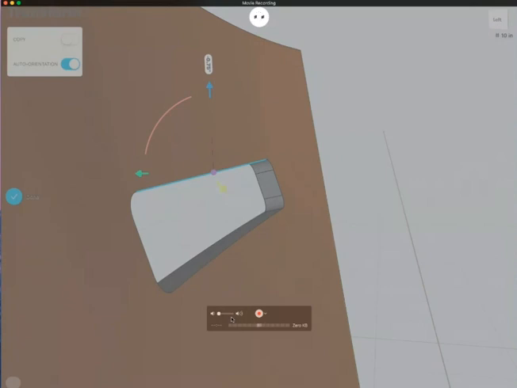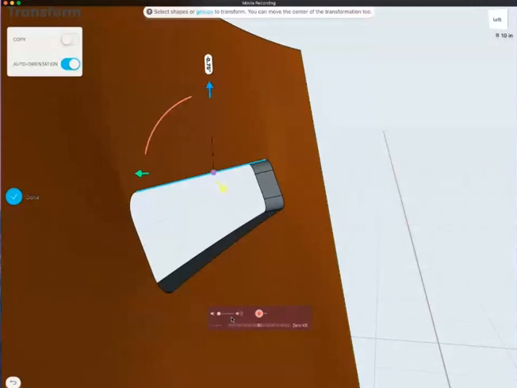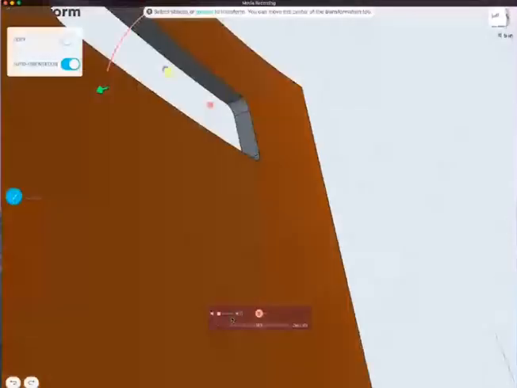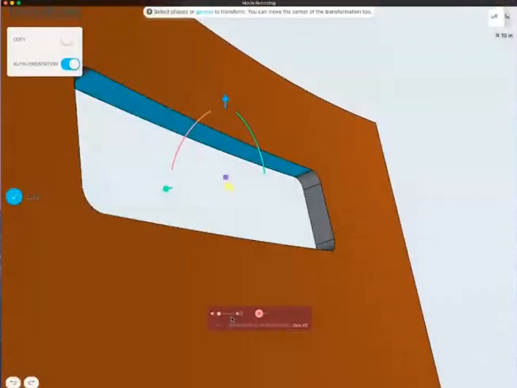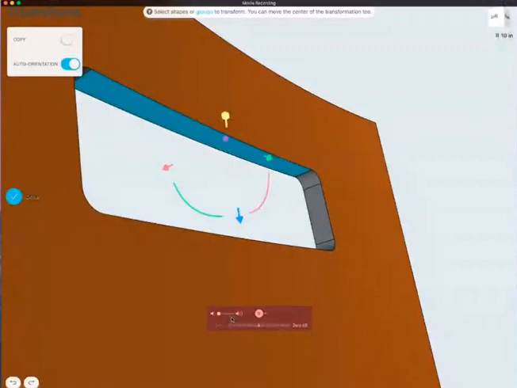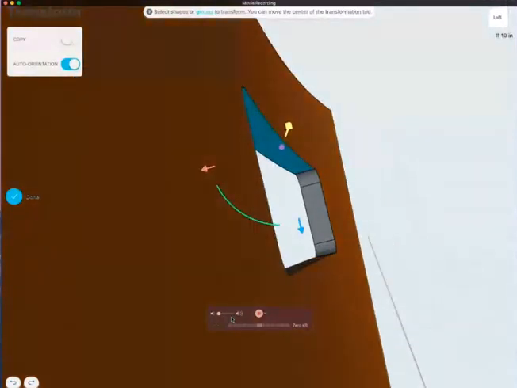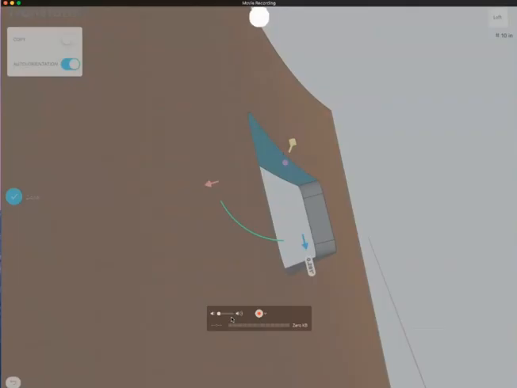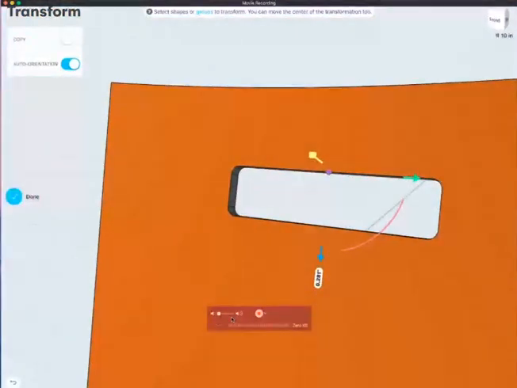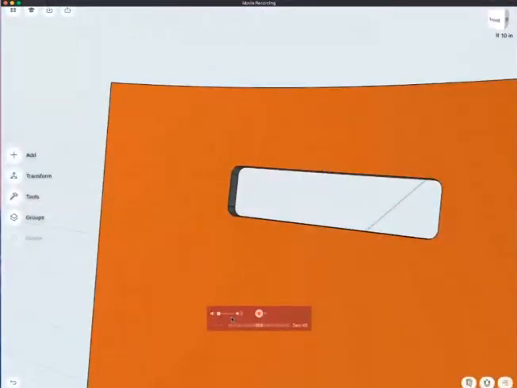So you can see the arrow goes straight up and down. It actually should have been aligned with the surface. So I will do this one more time. Move on that surface there. And you see there's an auto orientation, and that arrow actually is more lined up. Very nice. So you see, it is actually more a process of manipulating directly geometry,